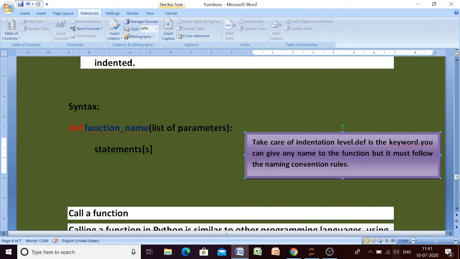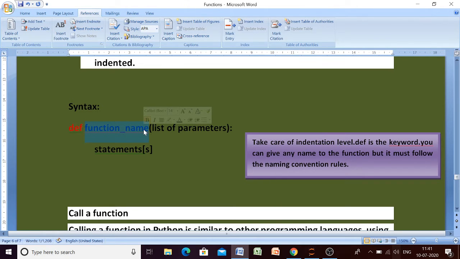This name can be anything but it must follow the naming convention rules. That means no space should be there, it must not start with a number, and all these things that you have learned in class 11. All the naming rules that apply to any identifier will be applicable to the function name also.